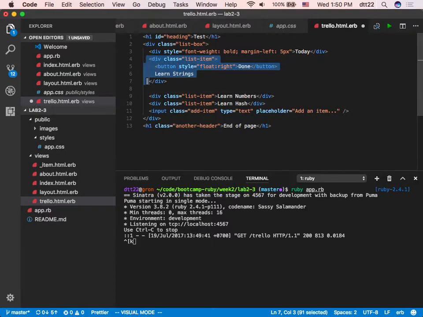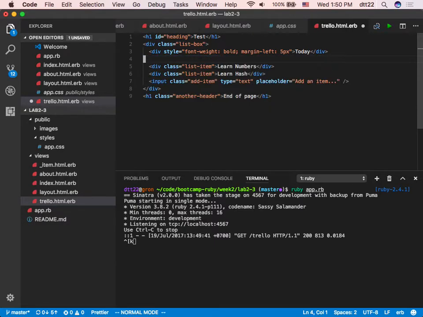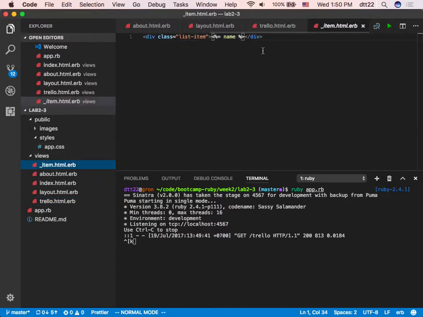Yeah, so let's create a new file with only this much, and then you say render that file. Let's try that. I create a file called underscore item. Underscore here just means, hey, don't use the file directly, okay? So I'm gonna save this right here. Just margin top. Let's make it look a little nicer. All right, I'll copy this whole thing. Remove it. Go to item here, and